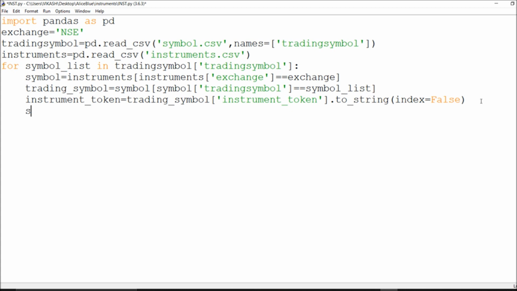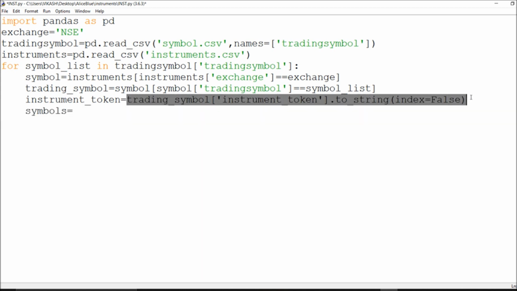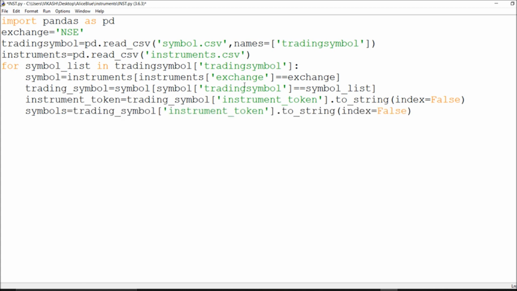And if I say about my symbols, whichever I got, I need to store them in a CSV, so you need to call them. This is the way you should go for it. You need to call for your symbols also. So you have to say your trading symbol, whichever I want to store in a CSV file, in a print statement.